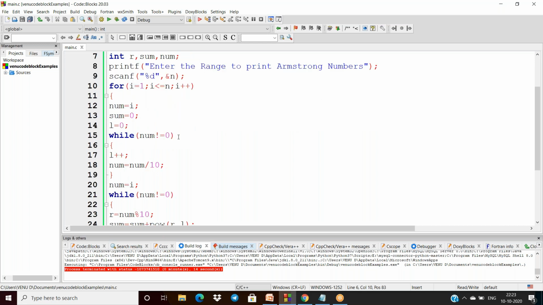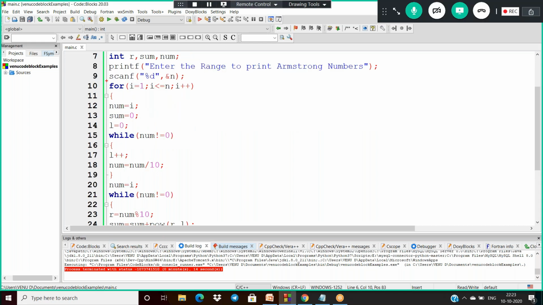So what is the need of this for loop here? We have to consider each and every number from 1 to n as input, and verify whether i is an Armstrong number or not. So first store i into num, and sum is initialized with 0, L is 0.